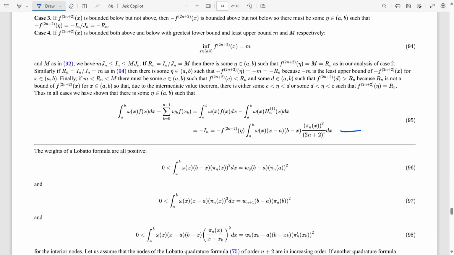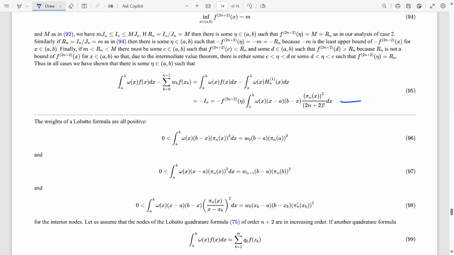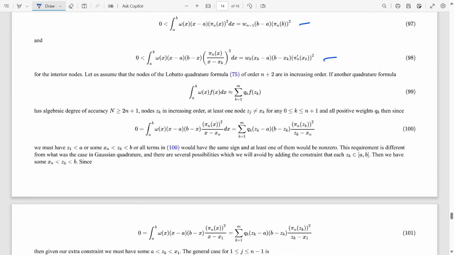Now it's easy to show that the weights of the Lobatto formula are all positive. So here's W naught, here's the proof for Wn plus 1, and here's the proof for the interior weights. Given an alternative quadrature formula of degree at least as big as the Lobatto quadrature formula, at least one node not equal to any of the Lobatto nodes, and all positive weights,